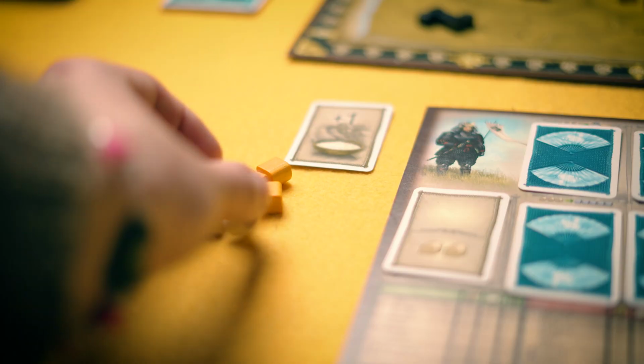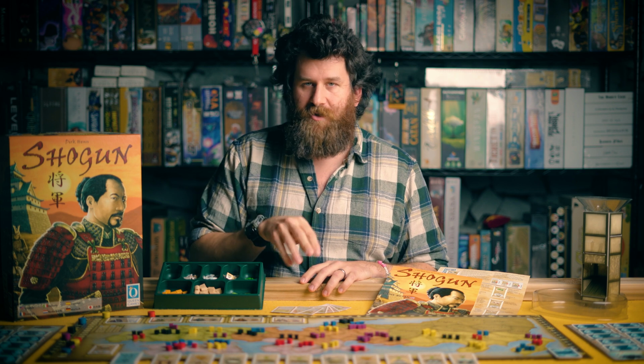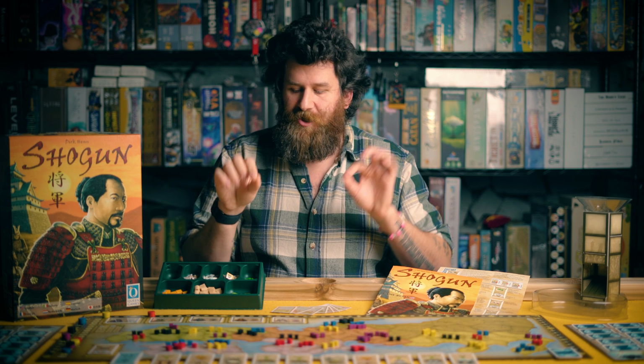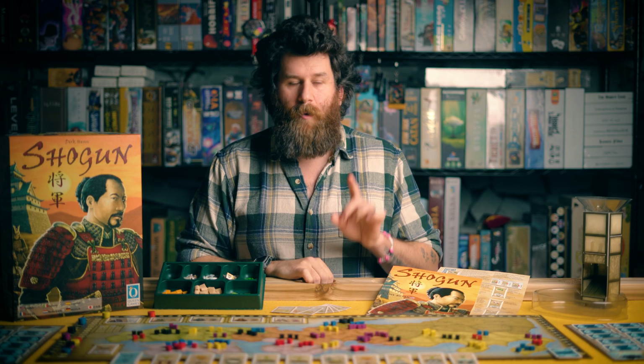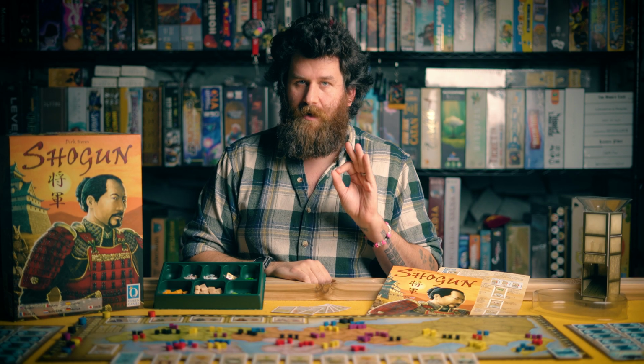Flip over the region, it'll tell you on that card how many chests you gain from taxing that region. Gain those to your pool. Now I will say, anytime you confiscate rice or tax a region, you have to take a revolt token and place it there. If there was already a revolt token there, then you have to deal with an immediate revolt,